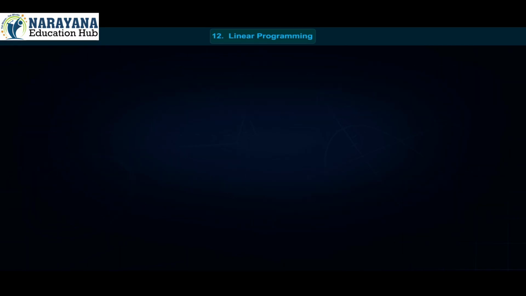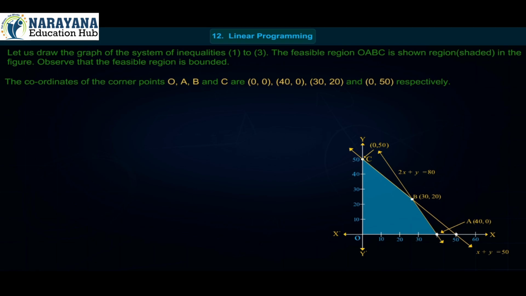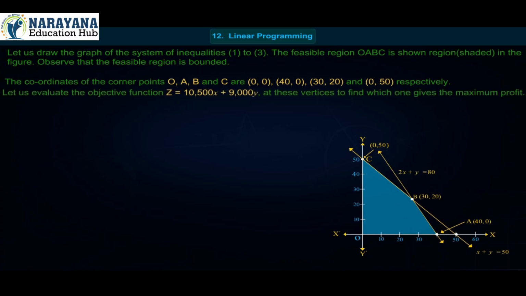Non-negative constraint, equation 3. Let us draw the graph of the system of inequalities 1 to 3. The feasible region OABC is shown as the shaded region in the figure. Observe that the feasible region is bounded. The coordinates of the corner points O, A, B and C are (0, 0), (40, 0), (30, 20) and (0, 50) respectively. Let us evaluate the objective function Z equal to 10,500x plus 9,000y at these vertices